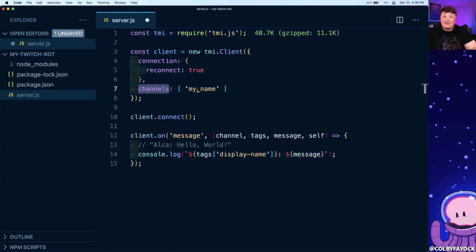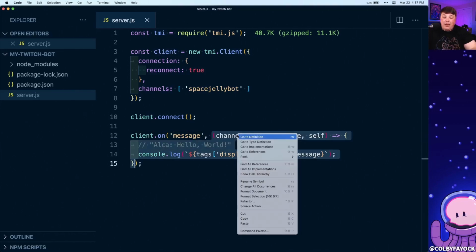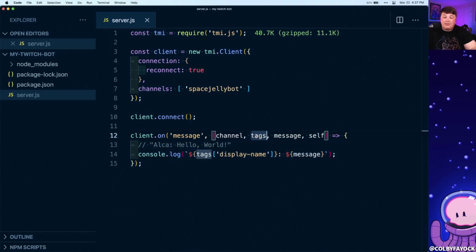So in my instance, I'm using a username called spacejellybot, so I'm going to change this to spacejellybot. And finally, once we have our client, it's going to first connect to that client, meaning it's going to start listening to the chat, and then it's going to set up an event listener for specifically messages. That way, anytime the chat actually has a message, this client is going to fire this function for us, where we get a few properties here, like the channel, some tags, a message,